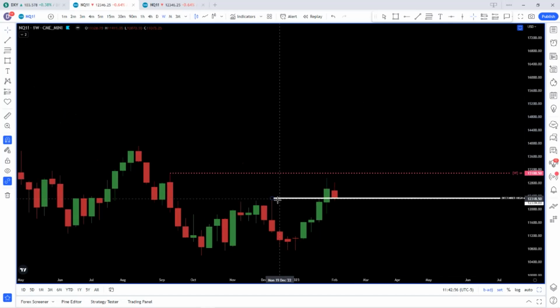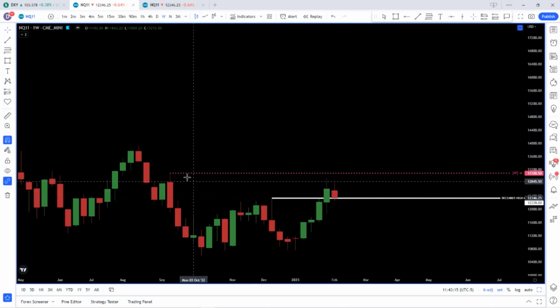NASDAQ. So here we are again. We got that December's high. You see how this week closed inside of last week. So we have an inside week, similar to how on the Dow Jones I was talking about an inside month. This week traded within the high and low of last week, and if you look at the body closely, it even opened and closed within the body of